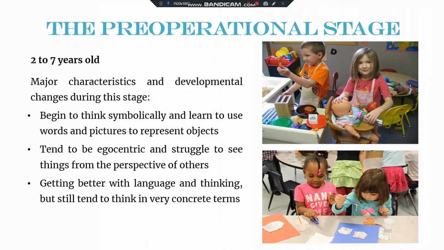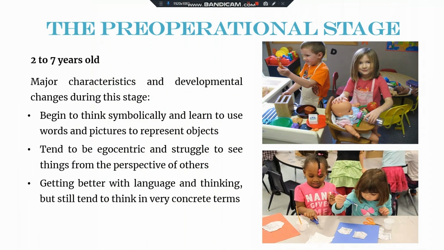There are five key behaviors during this stage. We have imitation, or mimicking other people's actions. For example, if you say to a child, clap your hands, they will also clap their hands. Then symbolic play, where they begin assigning characteristics or symbols to objects. For example, they may pretend a stick is a sword. And then drawing. Imitation and symbolic play are both essential elements to drawing. It begins as meaningless scribbles and progresses to more accurate representations of objects and people.